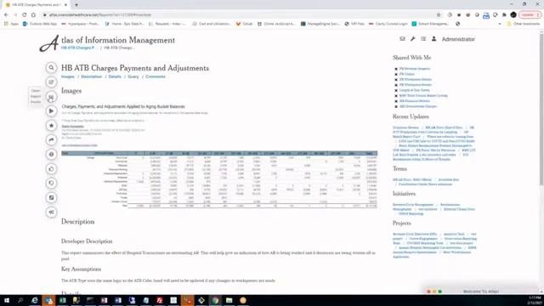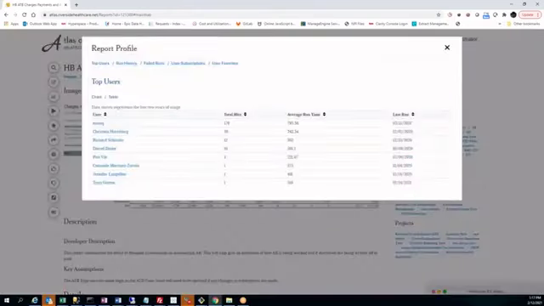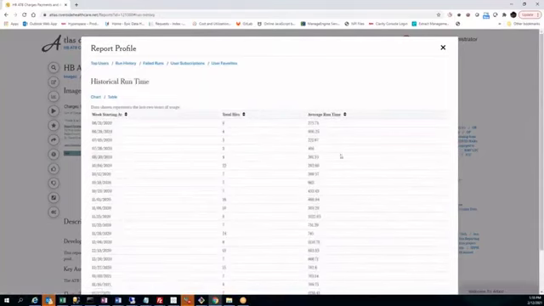Another thing you can do from here, and I'll get more into this, is we track user runs, user activity. This is one of the key tools that we use within Atlas, is we can see who is running the report. This is actually a subscription run. But you can see all the end users who are running the report. And if I click this, this will take me to a more detailed profile of that user's activity that's also built into Atlas. And I can also look at the history,